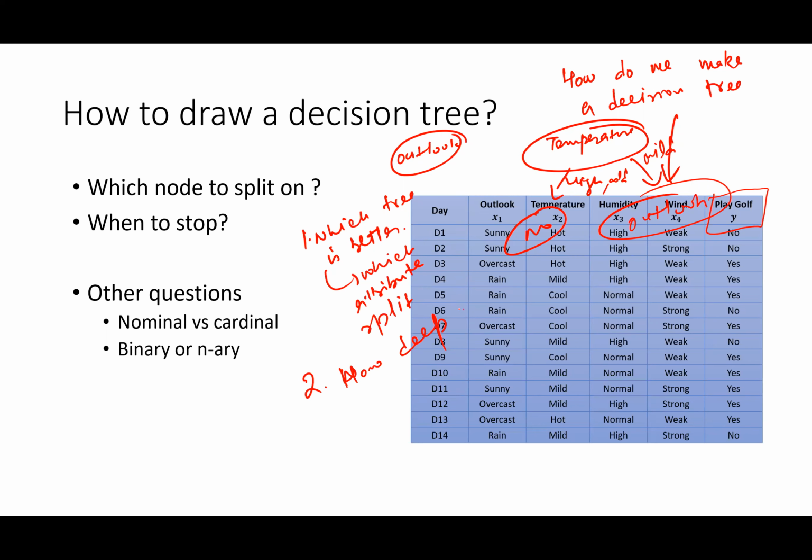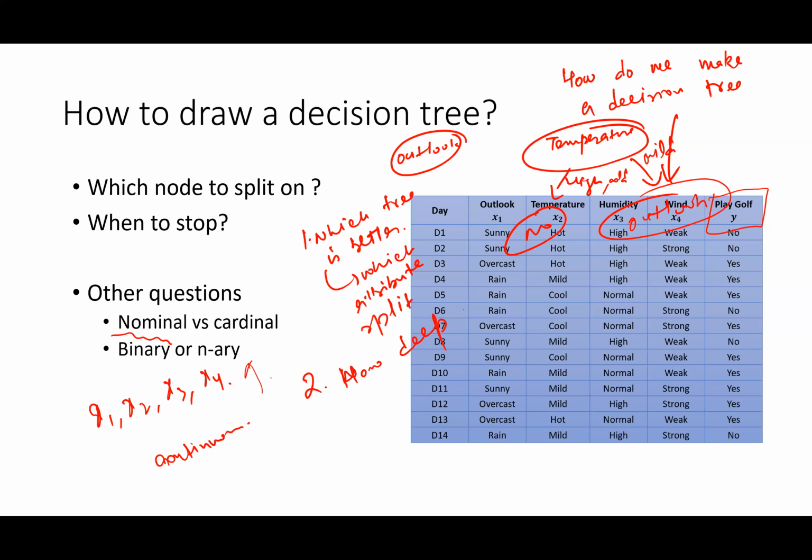Now, the other thing you might have observed if you paid a little closer attention is that all the parameters here, x1, x2, x3, and x4, are discrete parameters. You see here x1, which is Outlook, has only 3 values. It's a discrete set. Similarly, temperature has only 3 values. Humidity has only 2 values. And wind again has only 2 values. So these are all discrete variables. Now the question is, what do we do if we don't have these discrete values, but continuous values? How do we handle those cases?